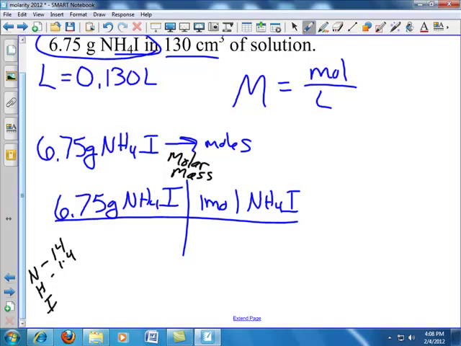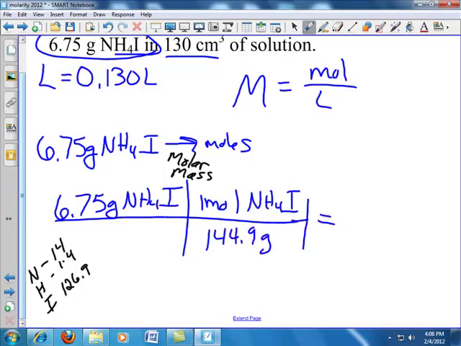Then I just look up iodine, and iodine is 126, I believe. Yep, iodine is 126.9. So I just looked that up. And I just add all those up in my calculator, and I get 144.9